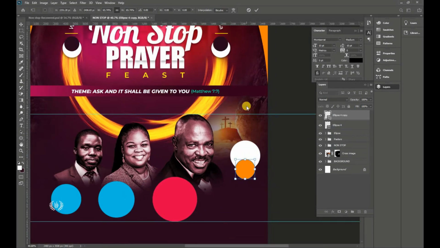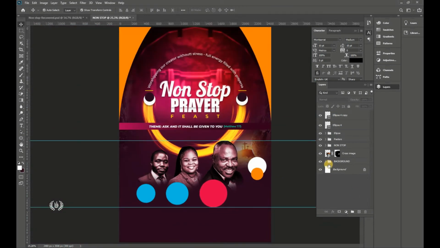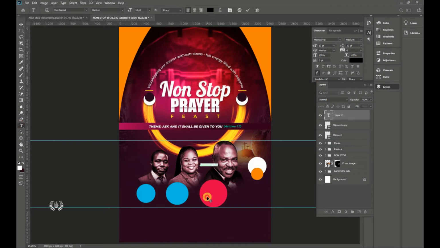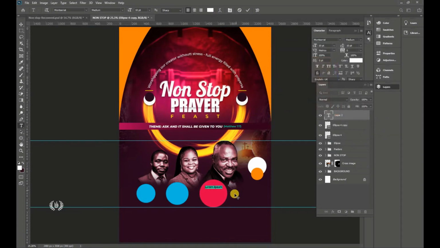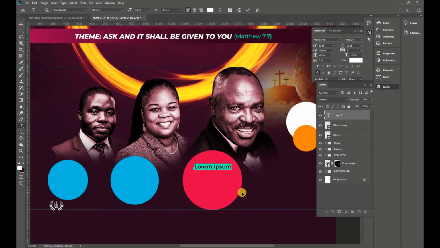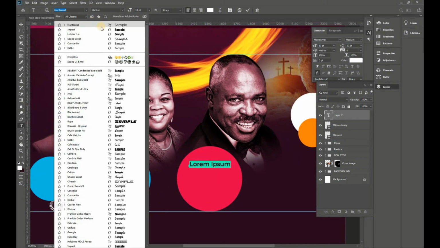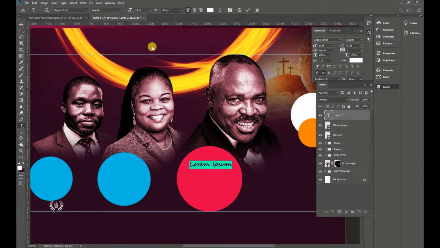Just reduce the size like that. Okay, bring it down a bit. All right guys, just as you are seeing it on the page, take done when you're actually done. So that is how I made it. So all I'm going to do from here is to take my type tool and we're going to add the necessary details. I'm going to type it white from here, and first all I'm going to do is to type in with this font